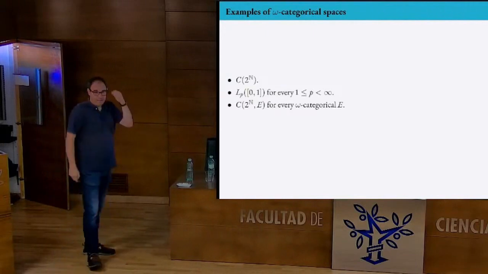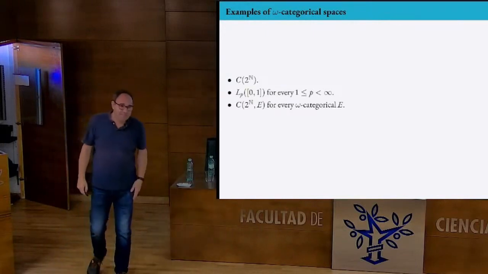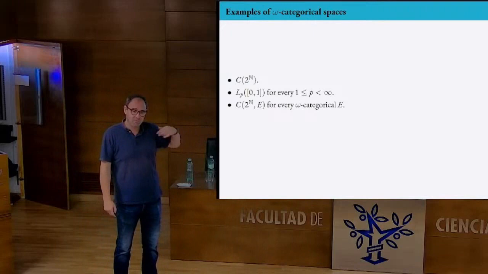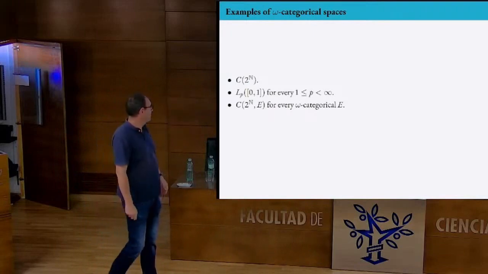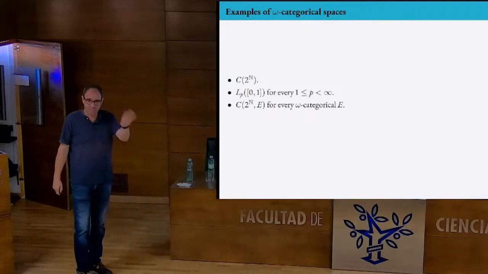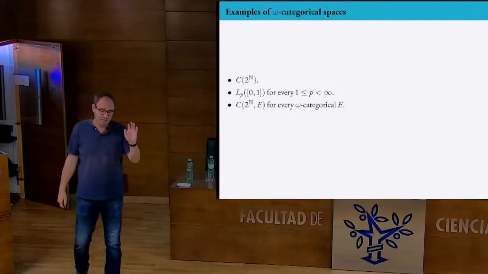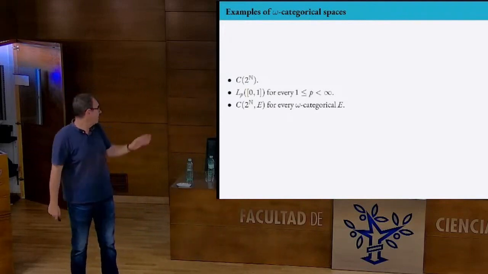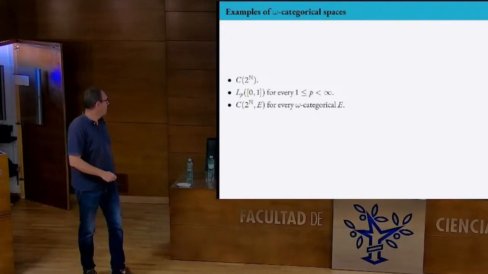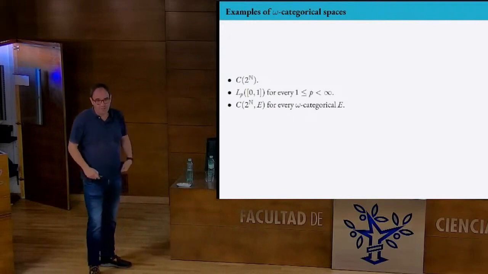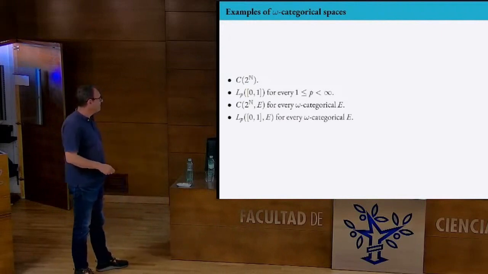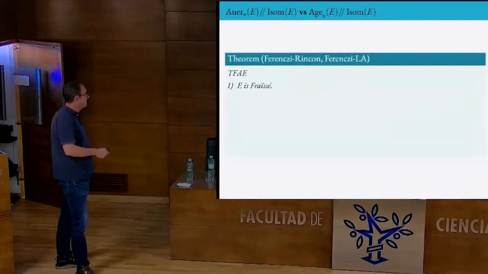And indeed you have this Bochner business, and it is also true: once you have the first one, it is true also for this. So, mappings now, continuous mappings not into R but into any Banach space E, if E is omega categorical, of course. The same for the LPs, and more or less this is about it, what we know.